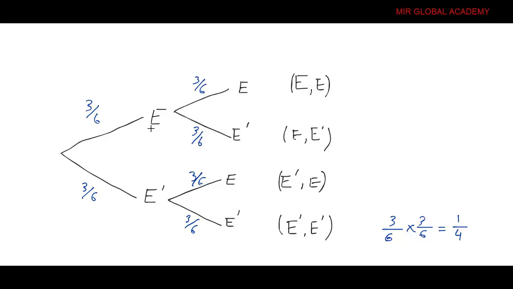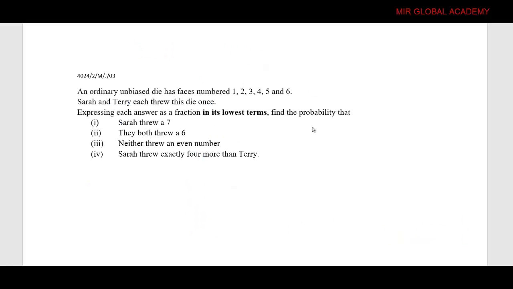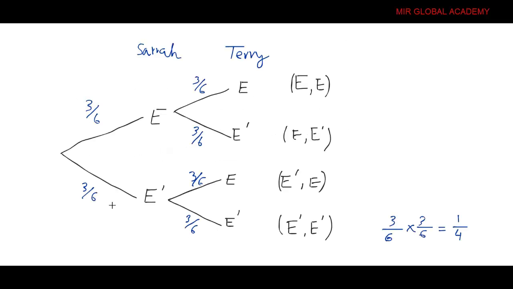So the first case is the case of Sarah, and the second case is that, suppose first Sarah threw a die and then Terry threw a die. You can also write Terry first and Sarah second, and you will get the same answer. So the probability that neither threw an even number: look at this tree diagram, we have only one option in which neither has thrown an even number, not an even number by Sarah, not an even number by Terry, and this is the only one case. So the probability is 3 over 6 times 3 over 6, and after simplification it is